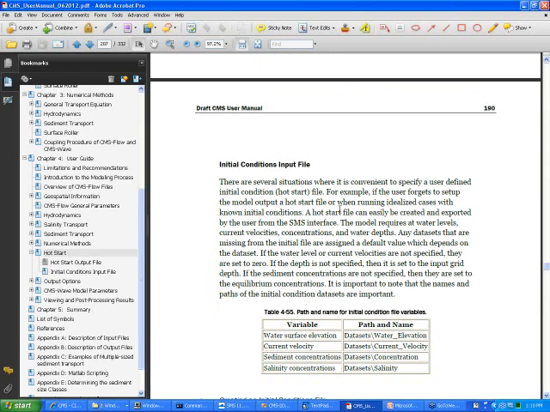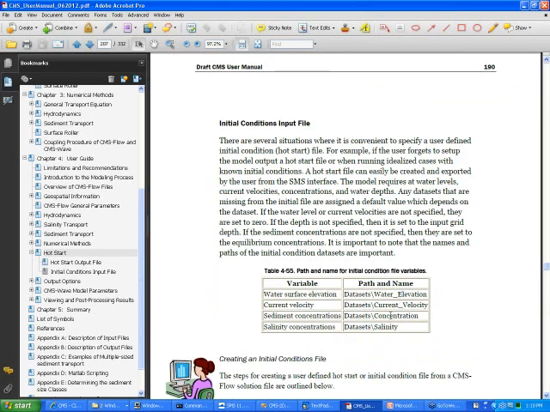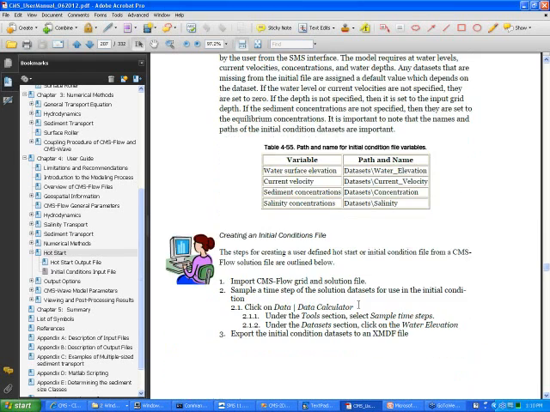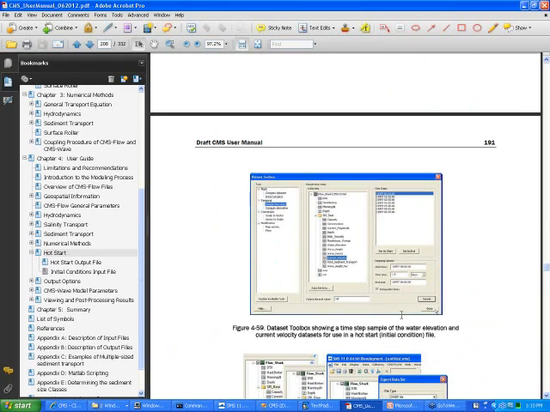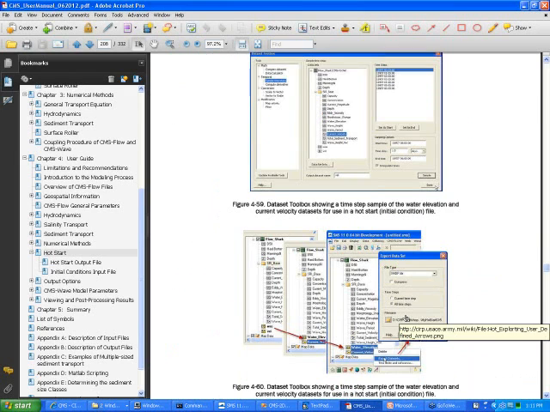Basically, the data that goes into the initial conditions file goes into an XMDF file, so it's a hierarchical format, and the variables are like in a hierarchical tree, and this is the path and the name of the variables within that file. It talks about how to create the initial conditions file, and it's very simple to do in the interface. If you have, for example, results from another model, you can interpolate those onto your CMS flow grid and then export them into that initial conditions file,